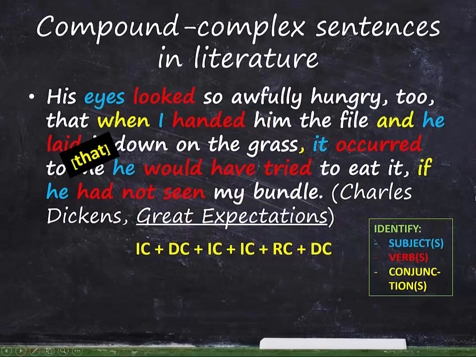Whew! Now let me ask you a question. Did good old Charles Dickens sit down to write this sentence and say to himself, I think I'll have 3 independent clauses, 2 dependent, and a relative? No, of course not. He was concentrating on telling a story and writing interesting characters, just like Emily Bronte did in Wuthering Heights, and like Barbara Jordan was concentrating on sending a message to the Democrats, and Elie Wiesel on urging people not to turn a blind eye to injustice.